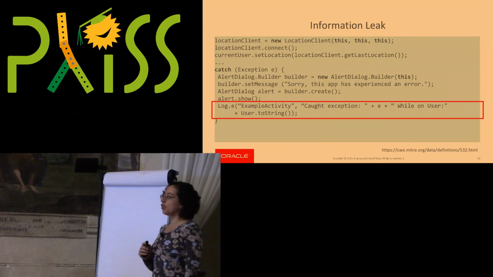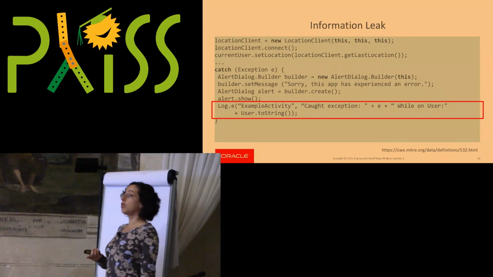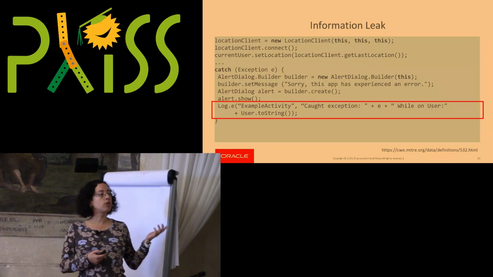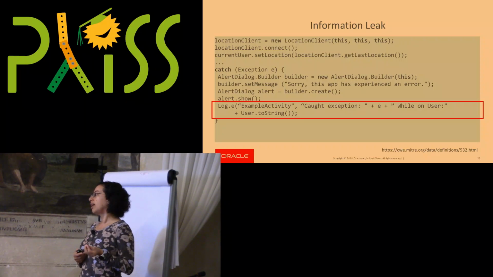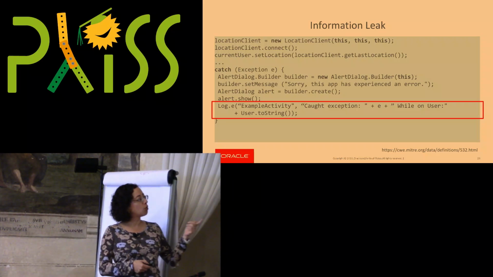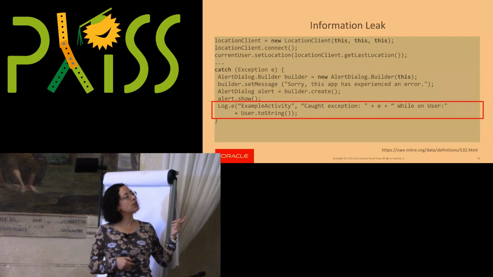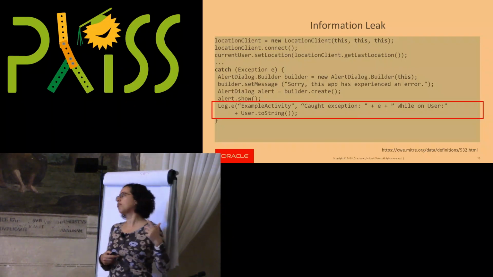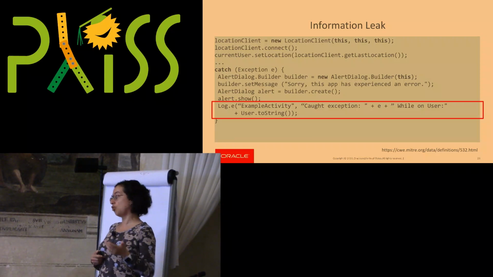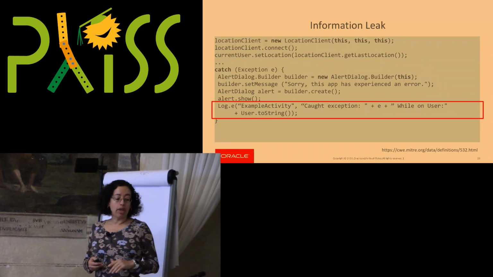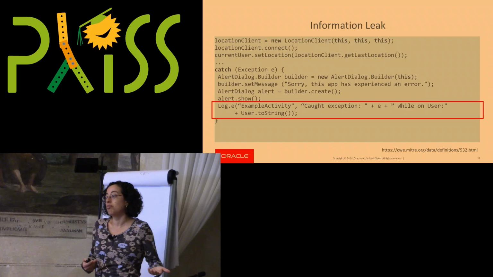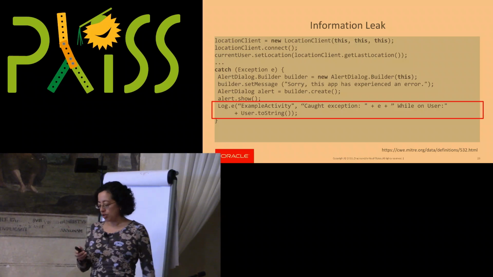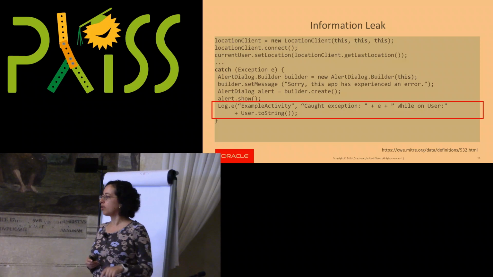With information leak, it all depends on what type of data you're actually making available. A very common type of mistake is that in logs, we start making available information that shouldn't be made available to other people, right? For example, in this particular case, we're going to dump all of the information about the user, including the location data for that particular user. This may be something that shouldn't be displayed normally. If you have personally identifiable information, it would be the same thing. You shouldn't be dumping that information for anyone to read. So that is one example of information leak.